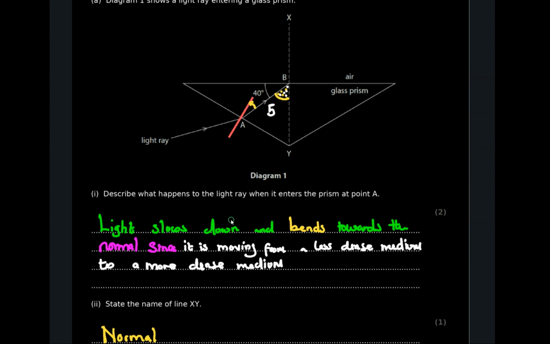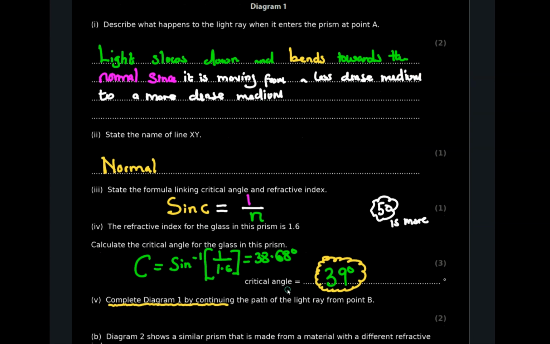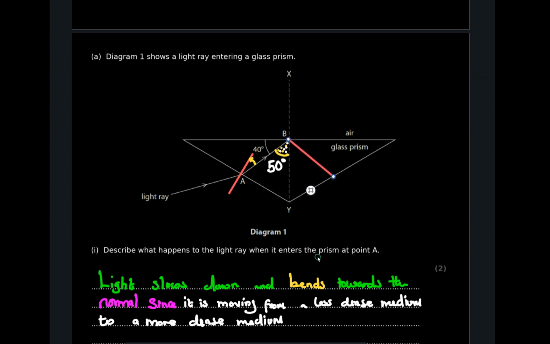90 minus 40, give me the answer, 50 degrees. So is this 50 degrees more than the critical angle? Yes. So if it's more than the critical angle, it means that total internal reflection will take place. 50 is more than the critical angle, which is down here. So going back to the diagram, this ray will travel like that, making 50 degrees, which means total internal reflection